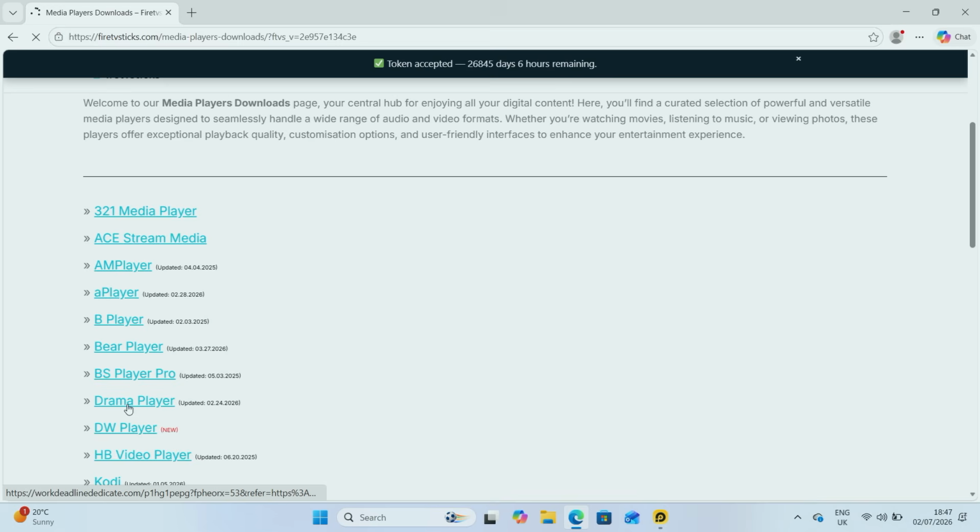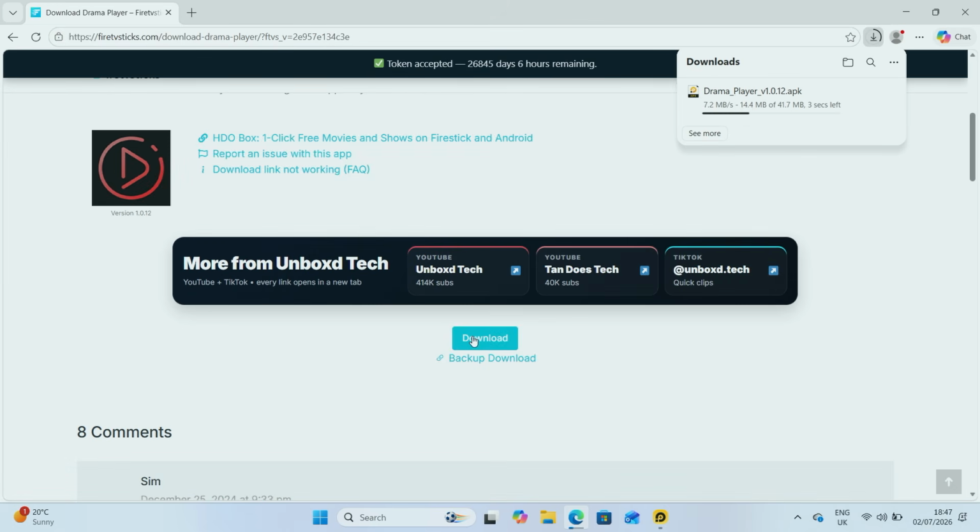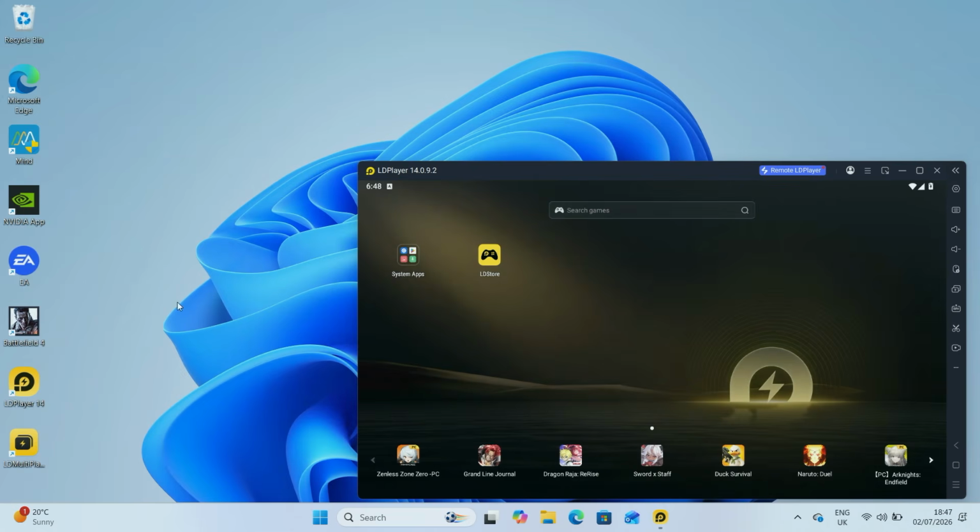First, just download the APK file you want to install. You can use the downloads page on my website firetvsticks.com or any other source. Once it's downloaded, open your Windows Downloads folder,